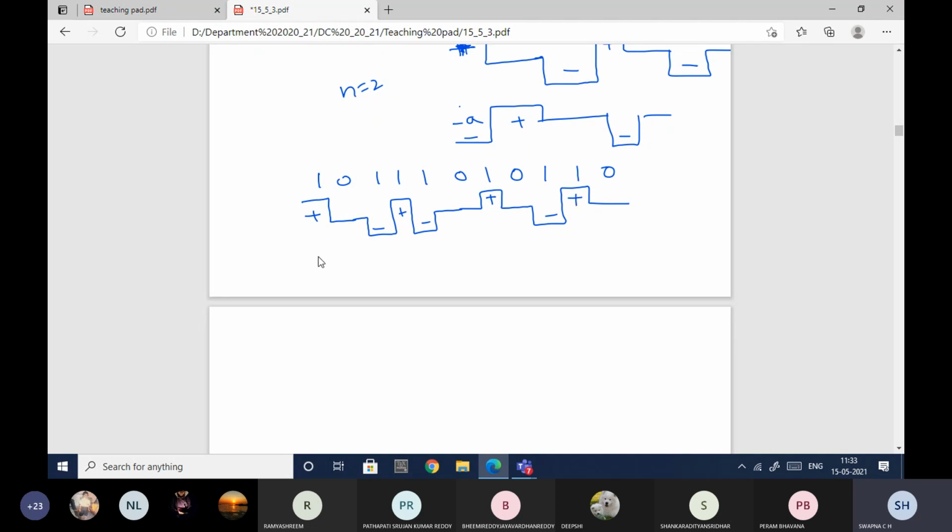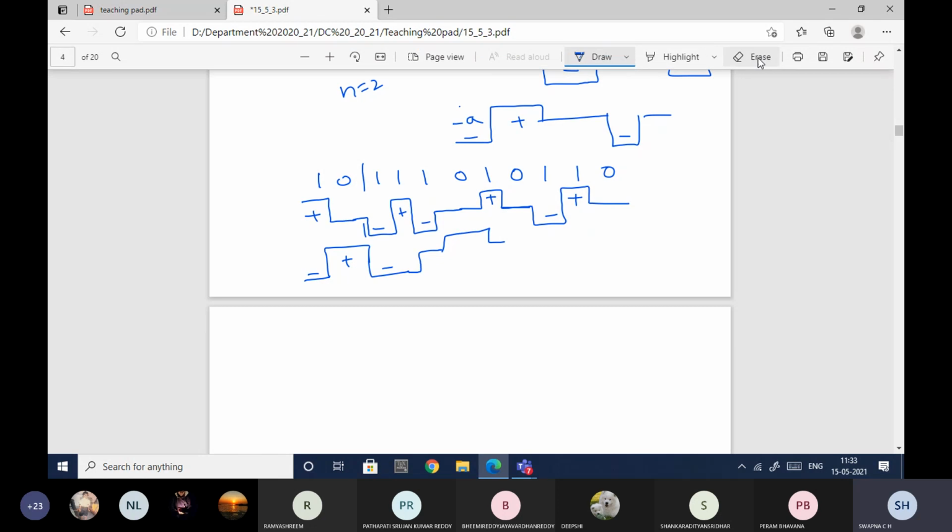Okay, let me take 2 shifts. So let me start from here. So this will be like this: negative, then a positive, then negative, then 0, then I'll get a positive waveform, then it is 0, then once again,